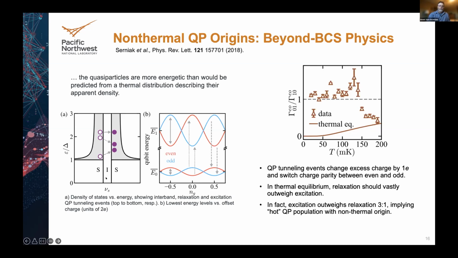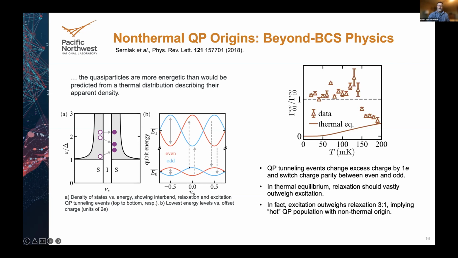There are a few different kinds. There's interband, where they don't exchange energy at all. There's relaxation and excitation, where they exchange energy with the qubit such that you can drive a 0 to 1 or a 1 to 0 transition. They see that because it changes what in quantum mechanics we call the parity of the states. Every time the relative charge on the islands in their device changes, the parity changes between the red and the blue in this middle plot.